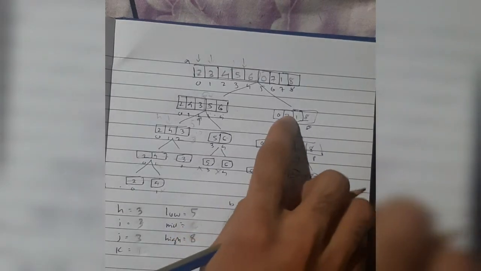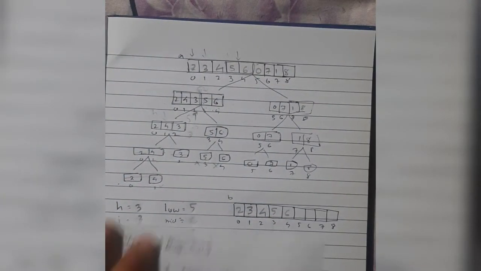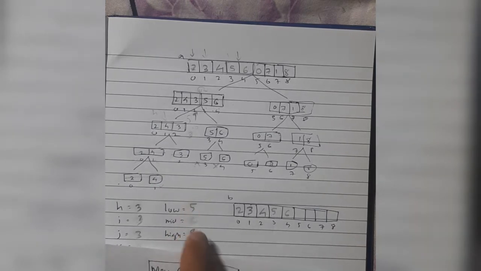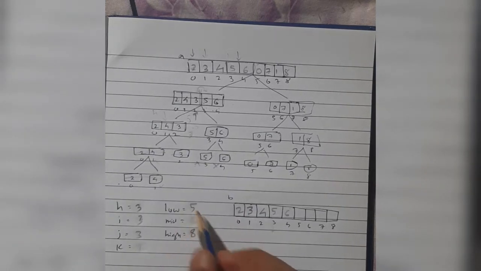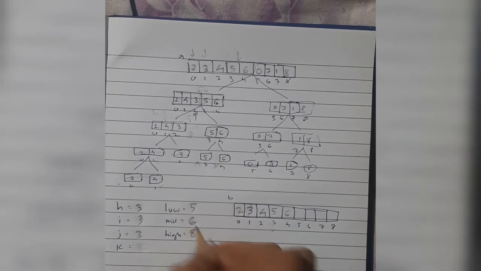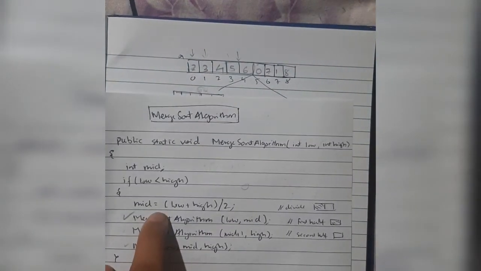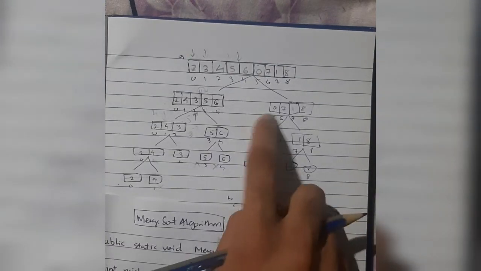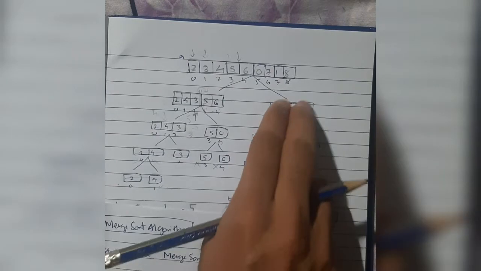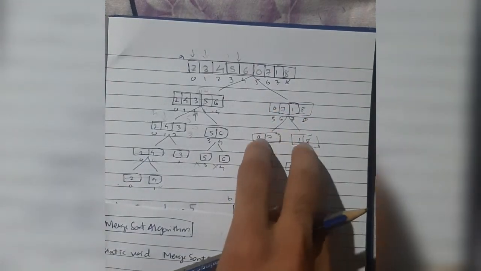Okay, now we are under this array. In this array, what's the mid value now? Low and high, 5 and 8. The mid value will be 5 plus 8, 13. 13 by 2 is 6. 6 is the mid value. It will be divided into two parts. The first part will be low to mid, which is 5 and 6. The second part is mid plus 1 and high, 7 and 8. So these two parts will be divided here, and again we'll be dividing these two parts here in the same way as we had done from the previous one.